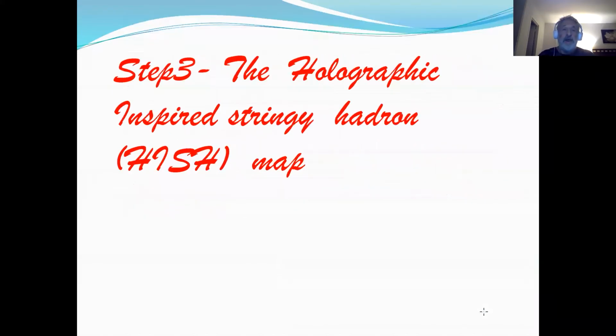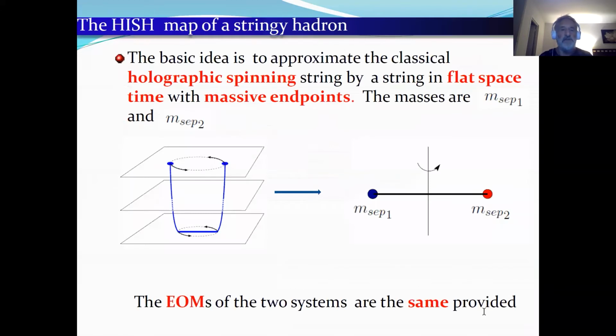Anyhow, so once we identify this classical configuration in this holographic confining background, we would like to do this map that I told you at the beginning from this higher dimensional curved spacetime to four-dimensional flat spacetime. So if we look at the solution of the Nambu-Goto equation with these flavor branes, it turns out, for a rotating string,